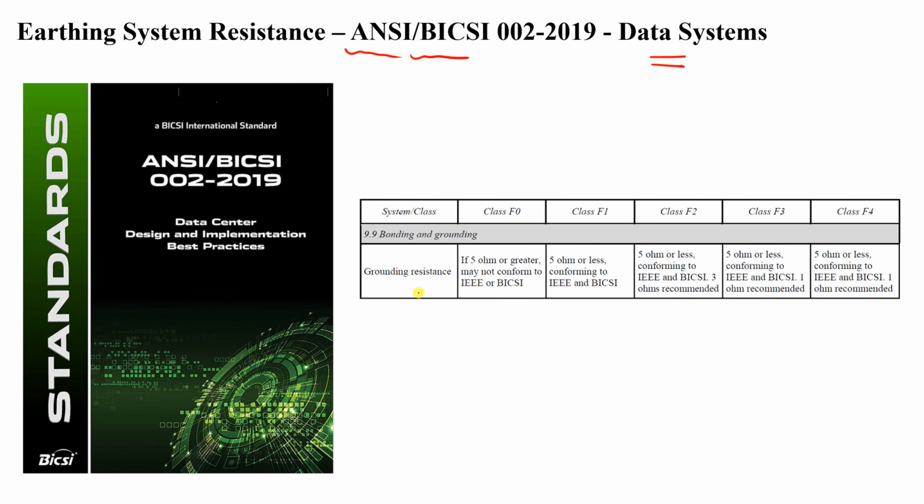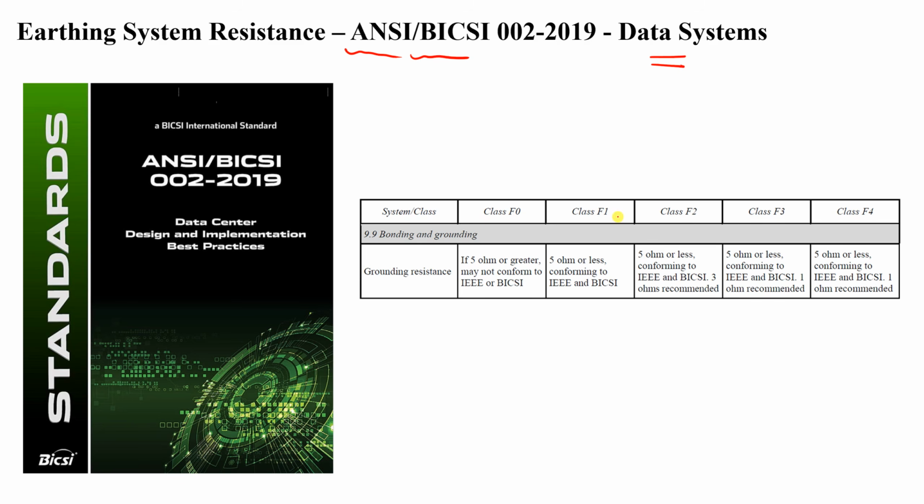Now for the data centers, here we have ANSI/BICSI 002, 2019 version, for data systems. This one is related only to data and discusses the earthing system of data systems. You can see here data center design and implementation best practices. This is one of the standards that I'm gonna discuss later in the earthing systems. Anyway, it tells you that we have different classes for data centers. It is not my own